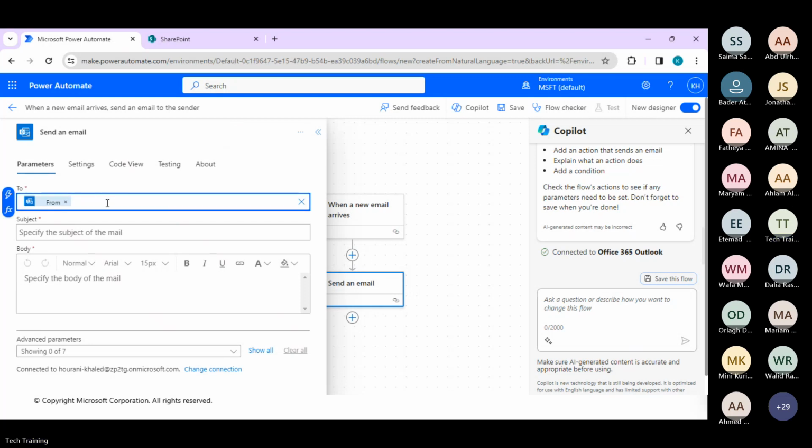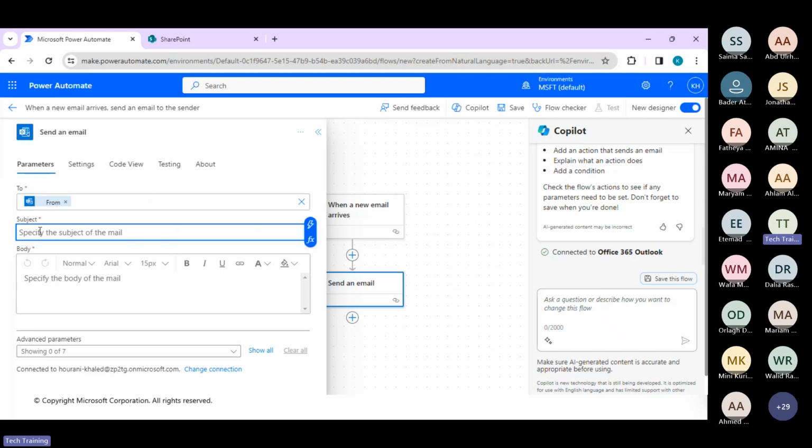Here is replying to, since it's written here that it is from, so it will be sending the email as a response that I received an email. An email is received. So here it will be replying to the person who the email came from, or if I need to set another email to another person, I can set the email here and I will type the object of this, the subject of this email, dear